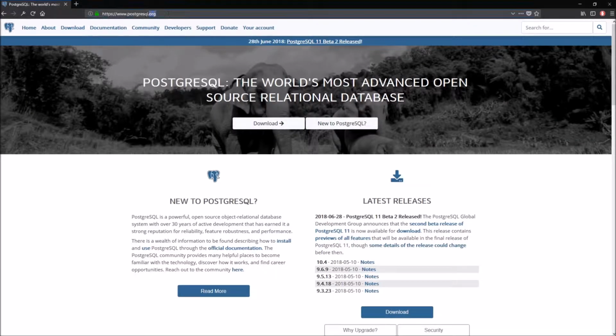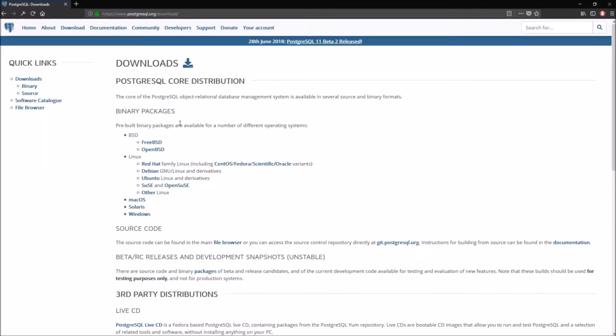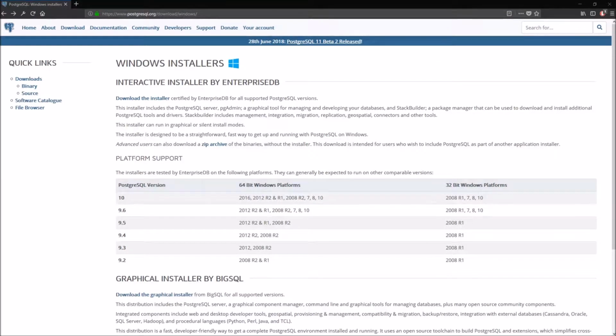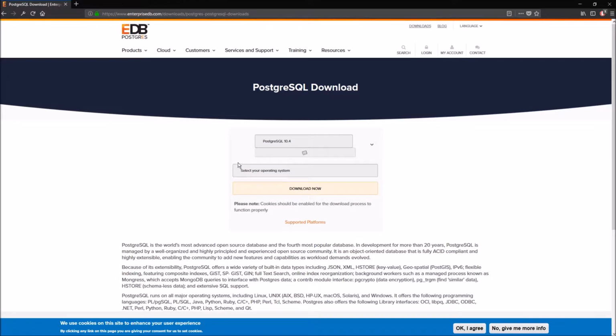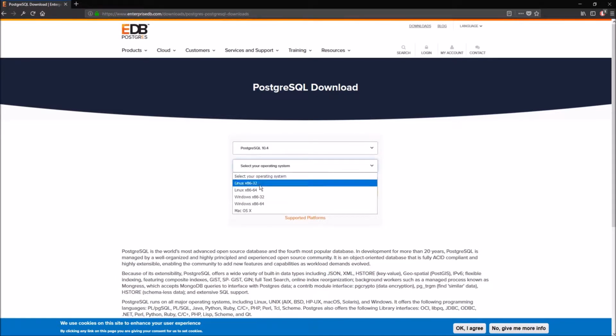We are on the official PostgreSQL site and over here we have the download button, so let's click it. Over here we have the list of the different OSs we can choose, and in our case it will be Windows. Now we have to click the hyperlink, download the installer, and over here we have to choose the version. So let's get the latest one, and also let's choose the operating system, so this will be the Windows 64-bit. And now we have to click the download now button,